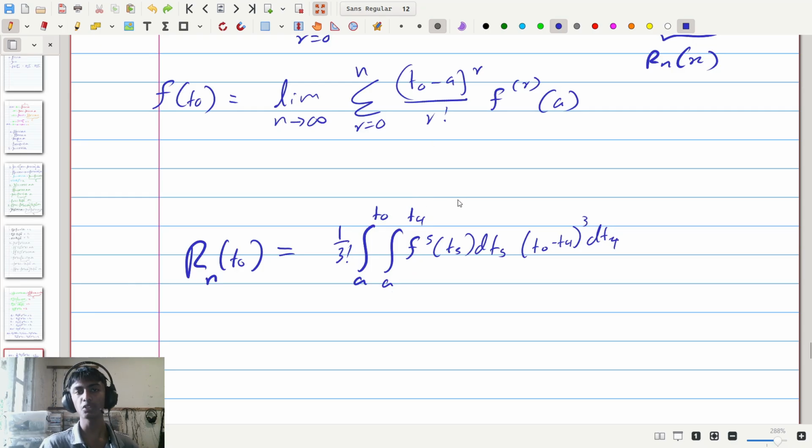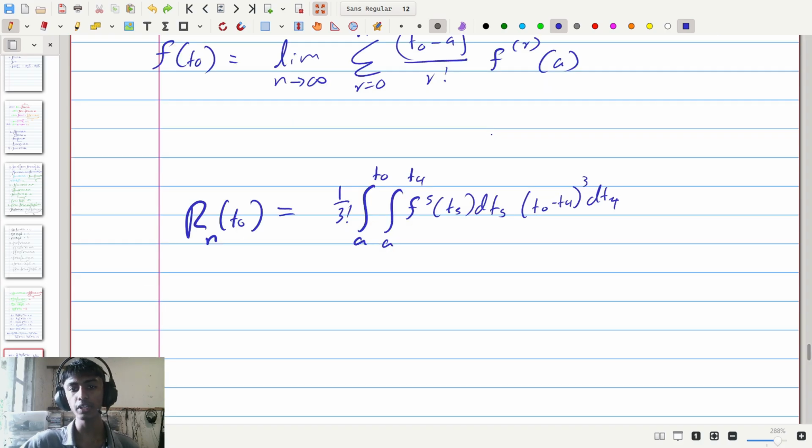In order to do that, as you may recall, we need to swap the terms. So then, what we're doing here is integrating t5 from a to t4 while changing t4 from a to t0. So I don't need to go into this. We can draw this thing, and then we're going to get that this integral on the inside here, we have